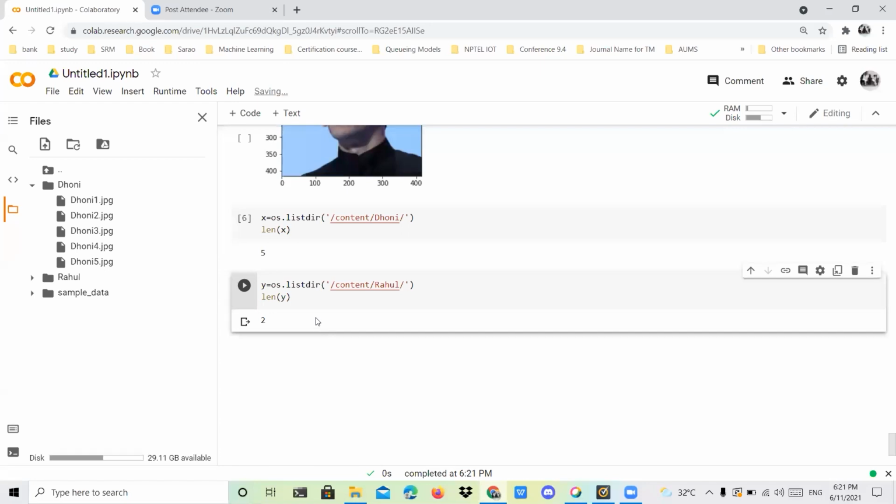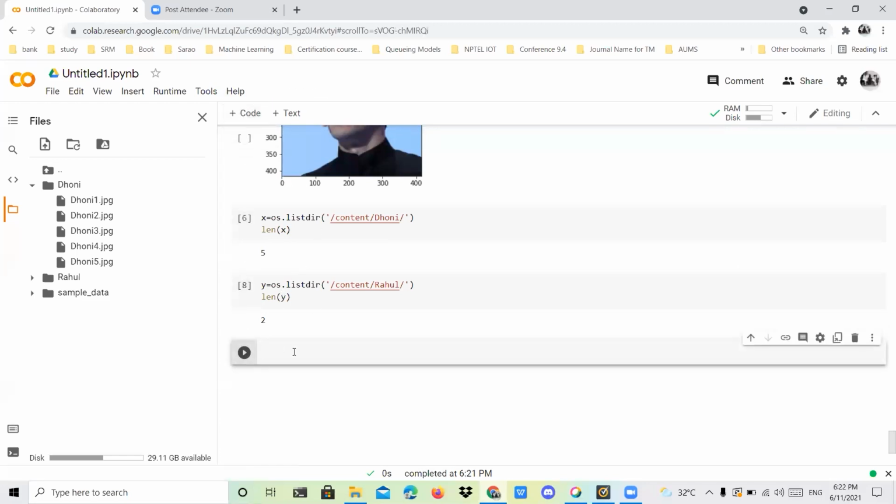Next, I want to do this using a for loop. First, I'm going to create one array variable. In that variable only, I'm going to upload all the 5 images. So I'm going to use image_load is equal to an empty array, which you create using square brackets.